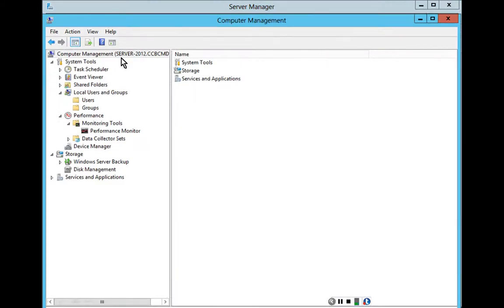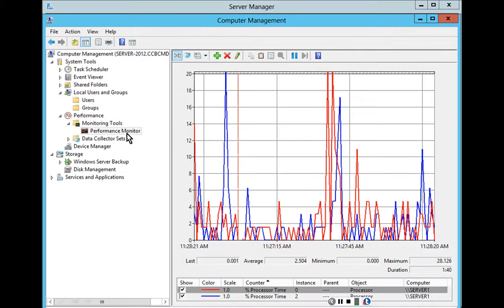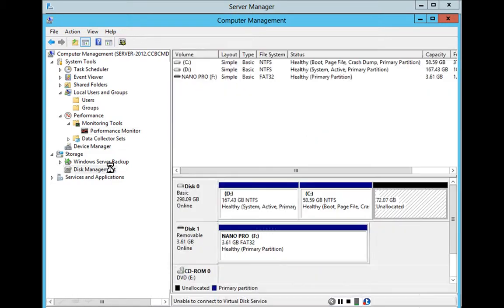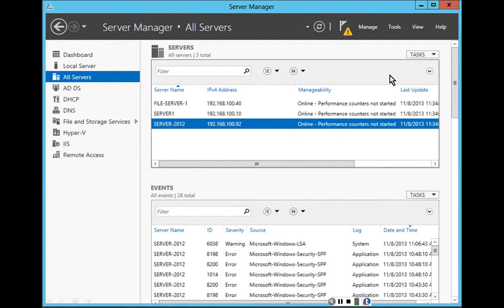And now I'm at the Computer Management console for Server 2012, which is a remote server. And I could create and delete users and groups. I could see how hard the server is working, or I could perform disk management. If I wanted to add a role to one of the servers, such as the